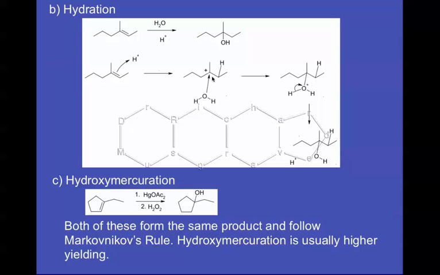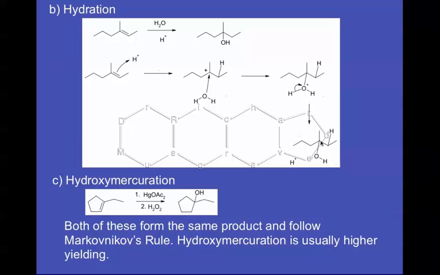This is where the water will come in to attack. The water comes in to attack, loses its H+, and remember that the arrow will always go from the bond to the oxygen. And remember what we're showing there is the 2 electrons in that bond going onto the oxygen so that the positive charge can be satisfied. This leaves the hydrogen here with an H+, and the OH ends up being attached to the most substituted carbon